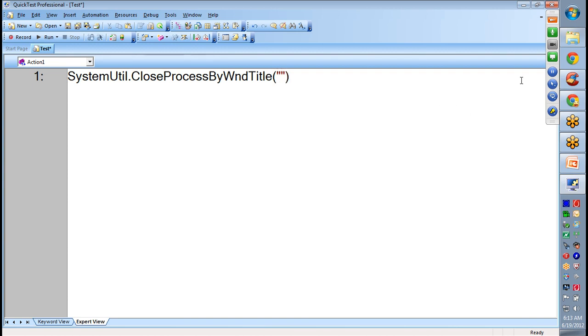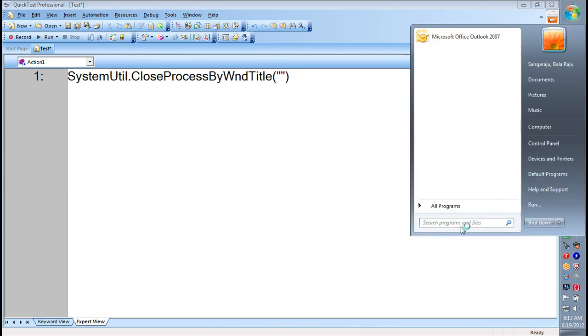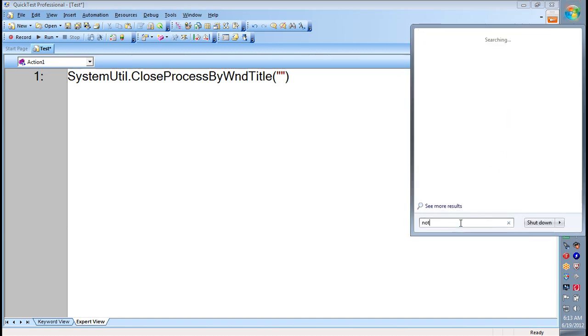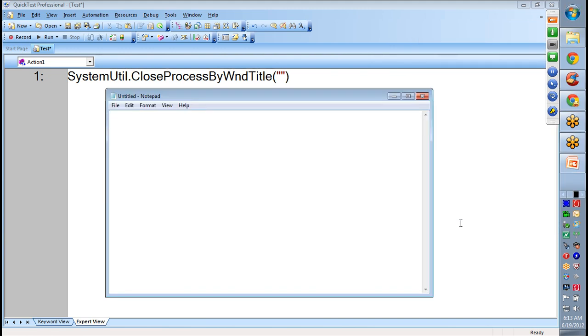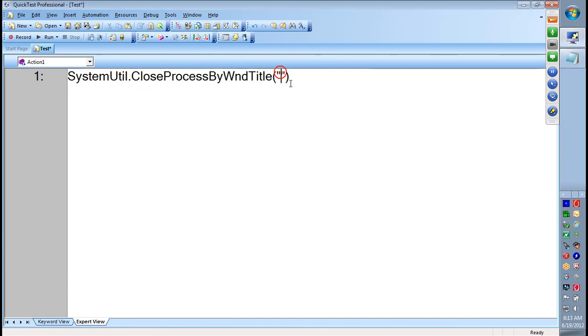Okay, so let me open notepad. Untitled notepad. Okay, so if I execute,